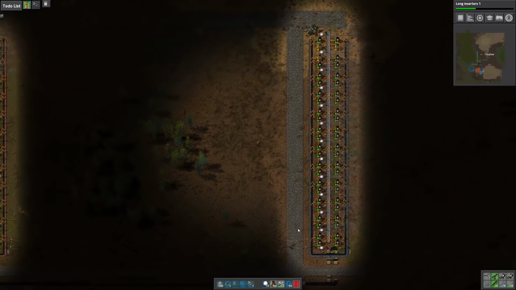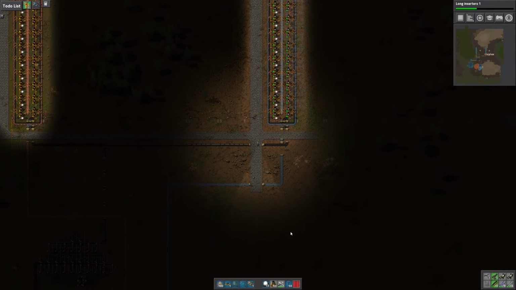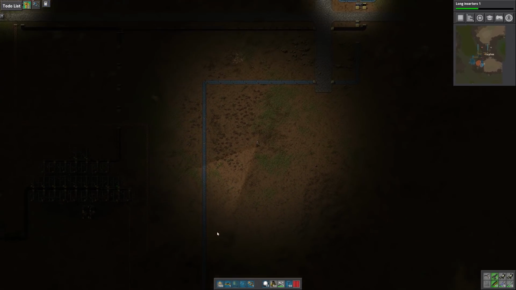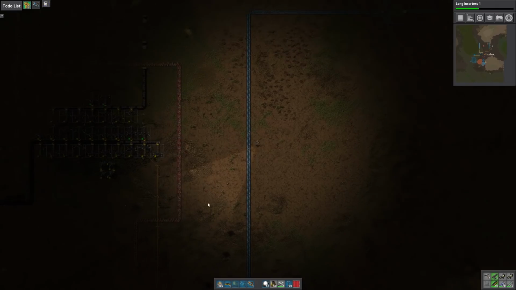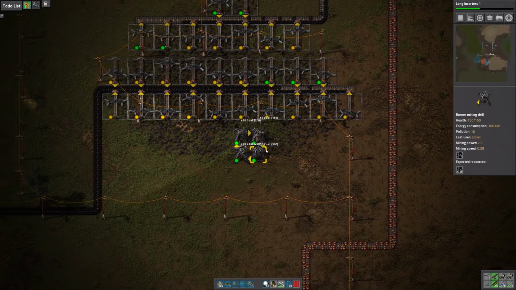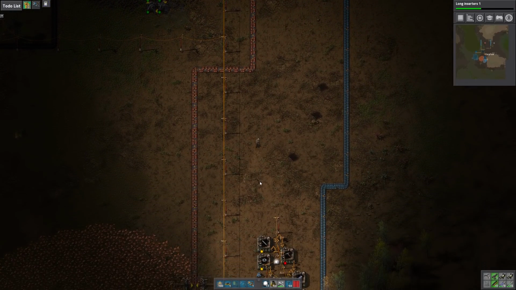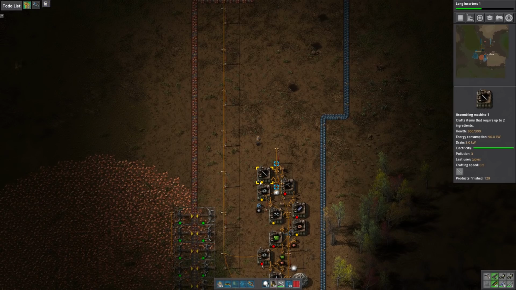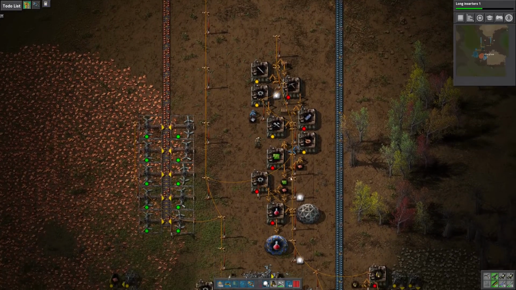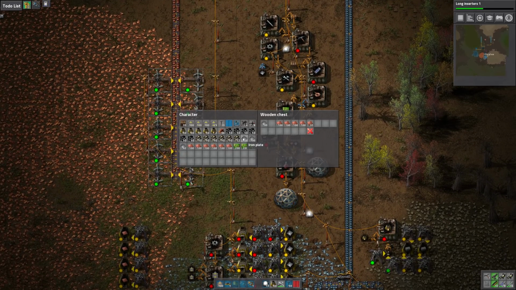Let me grab more stone brick. I don't have a whole lot. And we'll finish that up, and then we'll start to figure out where the plates are going to go. And again, we're going to have to leave a reasonable gap between the end of the smelting line and where the main bus starts, because we're going to have to make sure that we leave room for all of the...